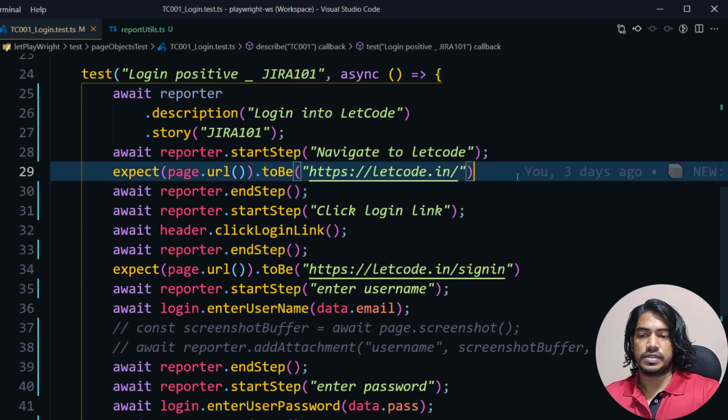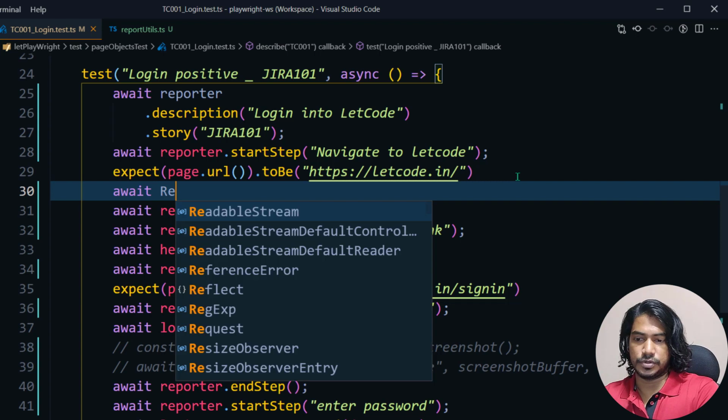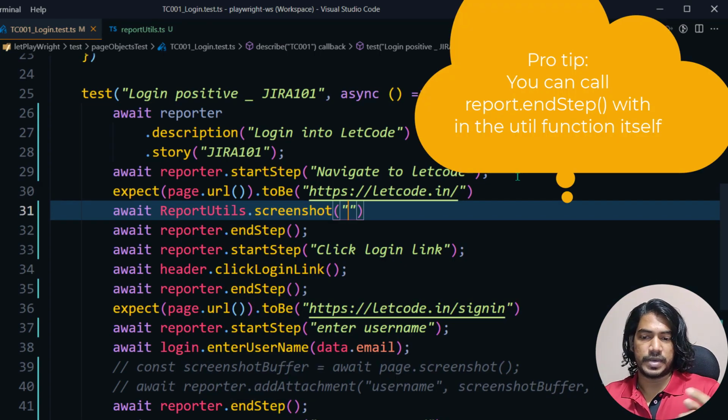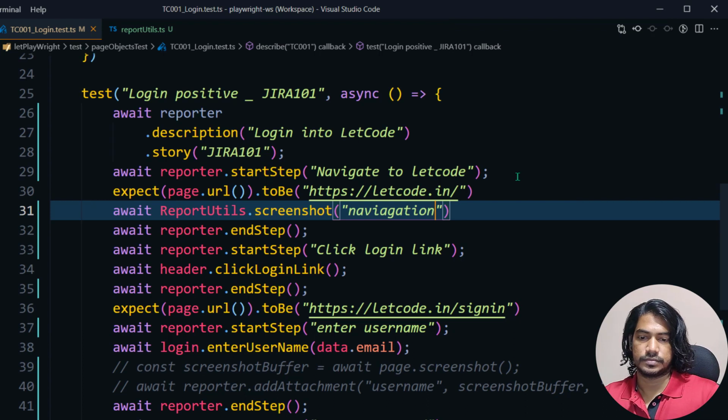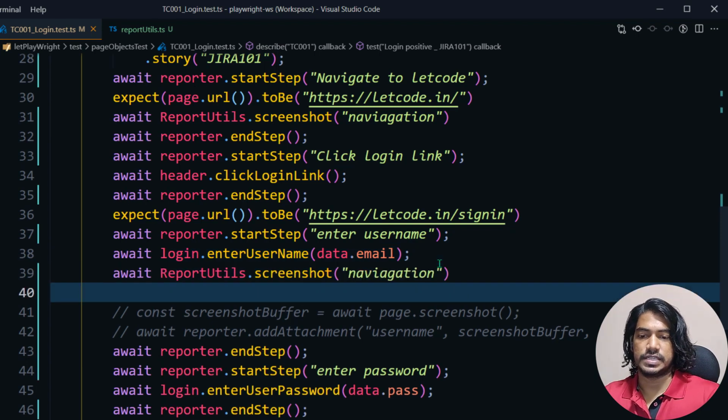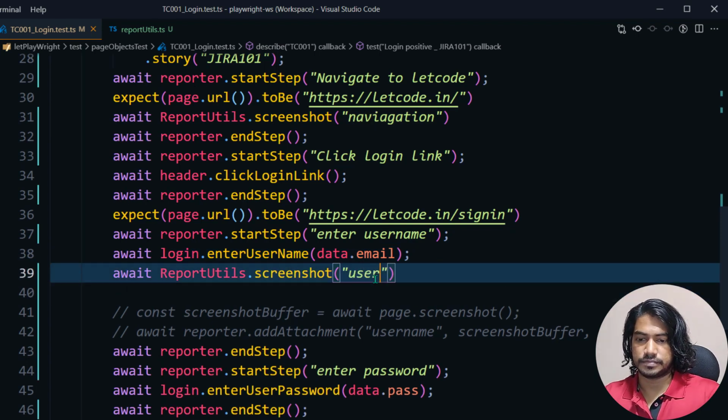So here I will say await reportUtils.screenshot, and I'm going to pass the data here. For example, I'm going to say navigation. Similarly, I'm going to copy it here, and here I will say username.